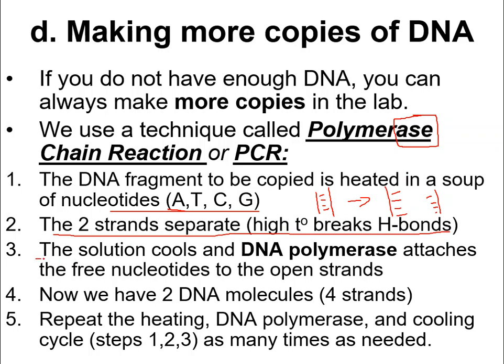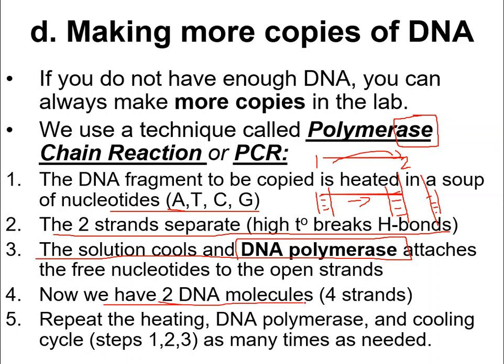All right. Then we let this solution cool, and we add DNA polymerase into it. And what that does is DNA polymerase makes a complementary strand on each half of the original DNA molecule. So we started with one DNA molecule, and then we end up with two. And I apologize for this line coming across. I don't know why it does that. So now we have two strands of DNA, two molecules of DNA, which is 4 strands, whereas to start with,